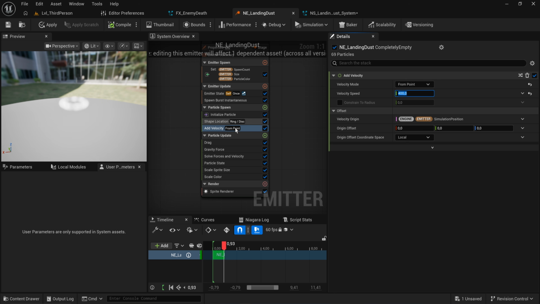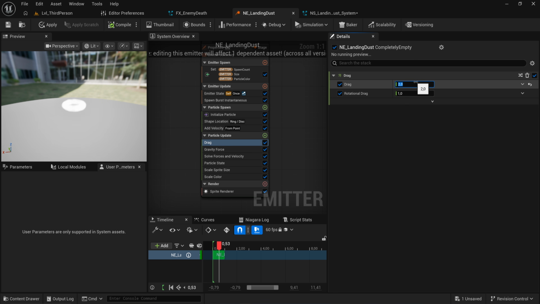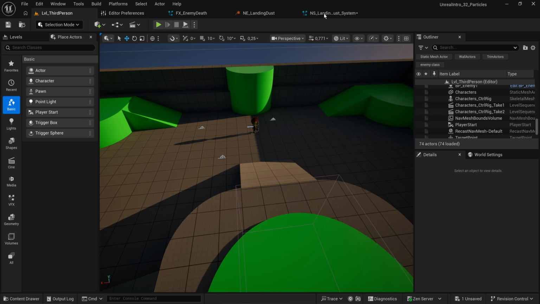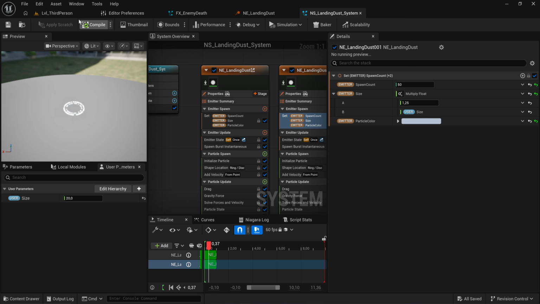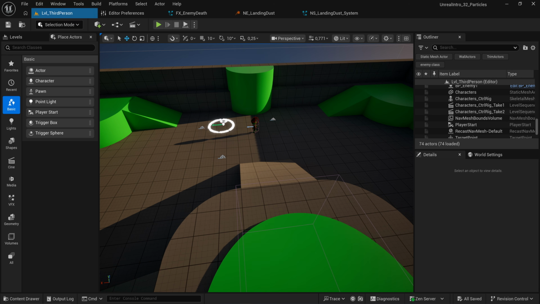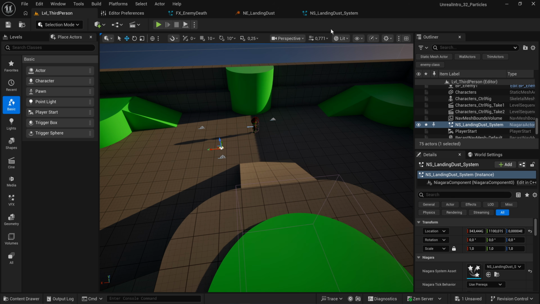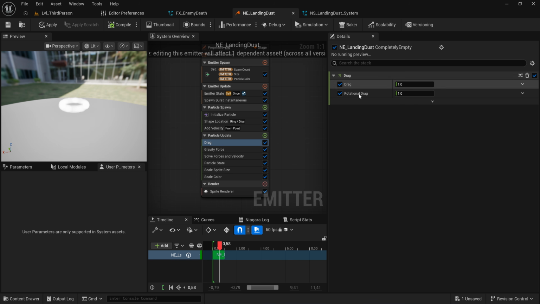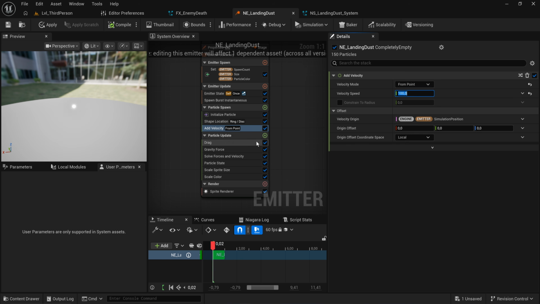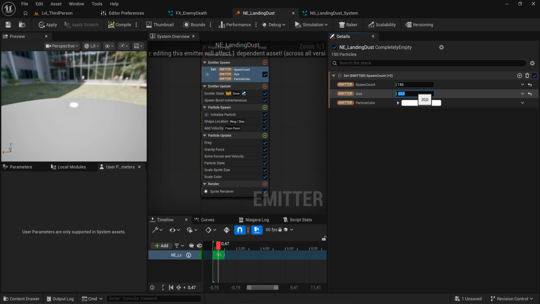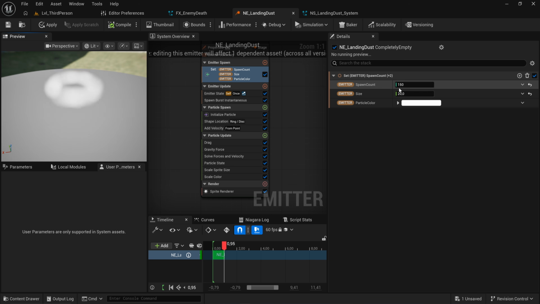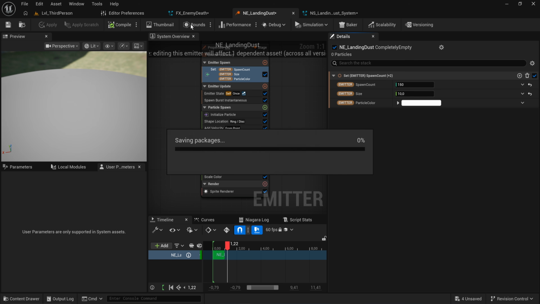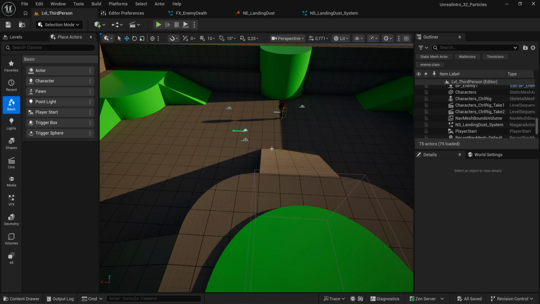Let's cut that in half. And then the drag just going back to 1 as well. Let's see. You want to make sure that you save all that stuff. And then let's see what that looks like in practice now. Still a bit much. And when I say a bit much, I mean pretty bad. Velocity back down to like 100 maybe. And then the default size, I think I set that to about 20. Probably could do with being even lower, like 10 maybe. You apply that, save everything to make sure that it's just updated, and